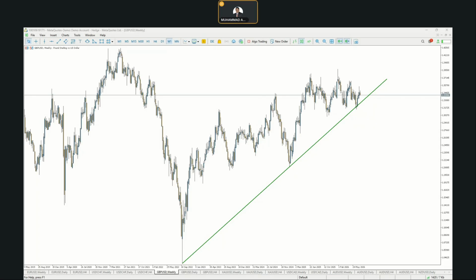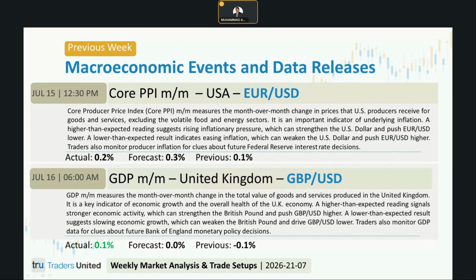The key market driver observed is the GDP actual of 0.1% versus the forecast of 0.0%, better than expected. It's a positive number. Previously, we got a negative reading. So, a stronger outlook for the UK economy, increased confidence in the British pound, and market expectations favored GBPUSD following the news release. Now, let me discuss technical and sentiment considerations.